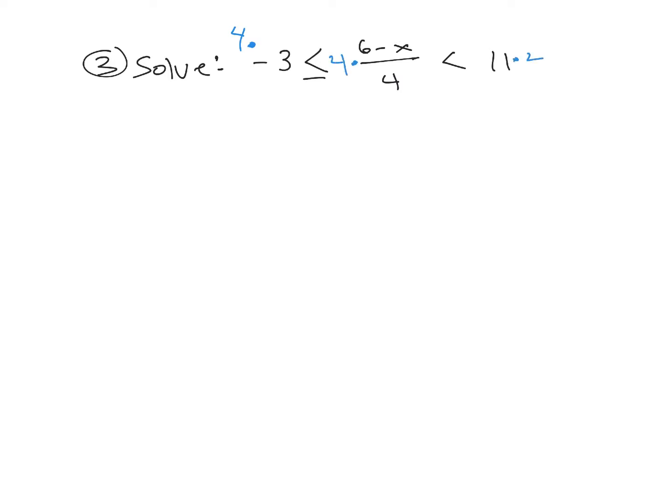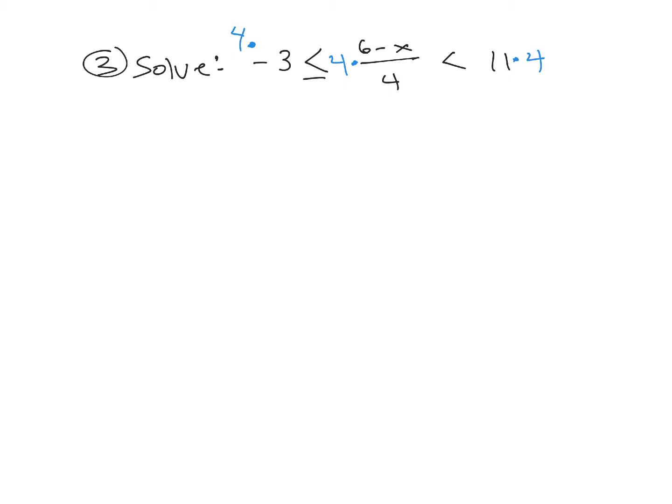We want to solve number 3: -3 is less than or equal to (6 minus x) over 4, which is less than 11. All right, I see fractions. So the first thing I want to do, because this is an inequality, is clear fractions, and I'm going to multiply everything by 4, because 4, by virtue of being my only denominator, is my lowest common